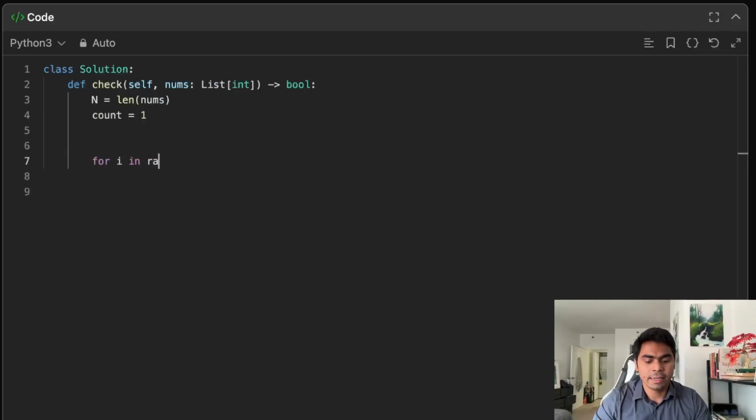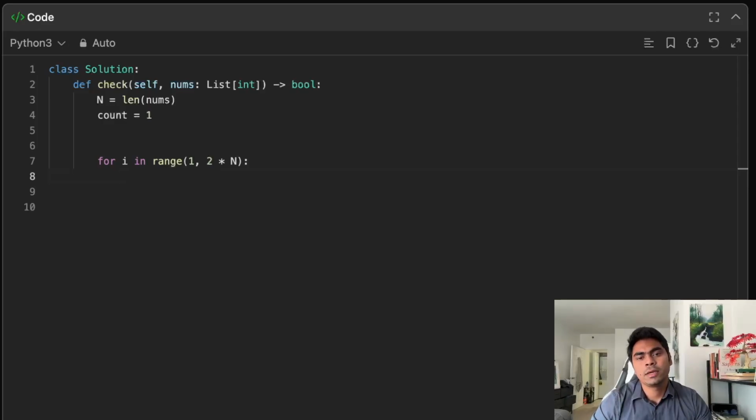So for i in range, I'm starting at 1, because one number is already sorted, so that I can compare from the previous number. All right, so I will basically do 2n,